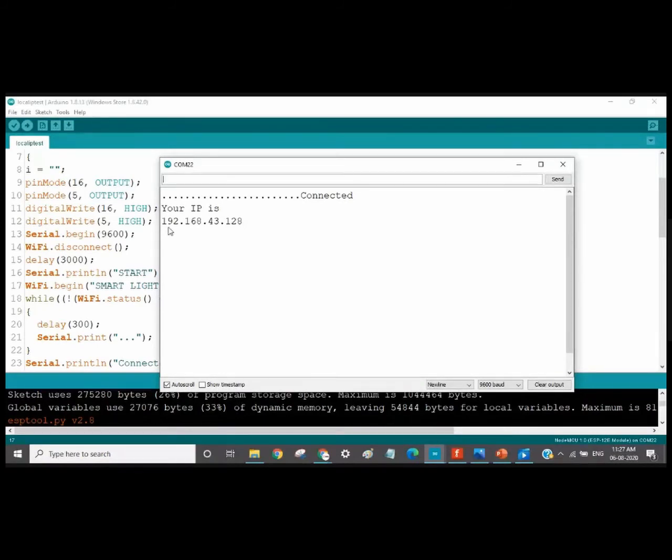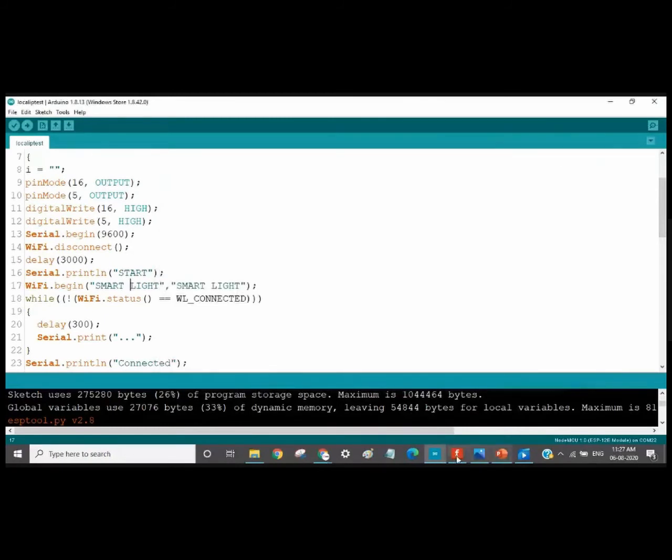So now it is showing that it is connected to 192.168.43.128. If you want to see your phone's IP, it will be something like 192.168.43.0 or 43.1. Okay. Hence, the first 3 parts will remain the same, and the last part has changed, depending upon the device. Okay. So this is connected. Now we will see the video again.